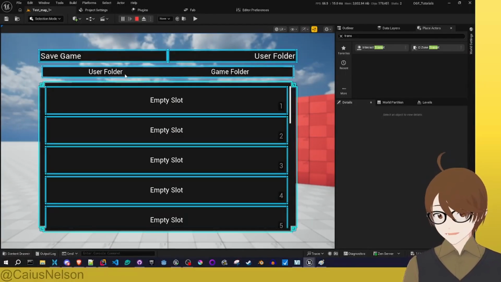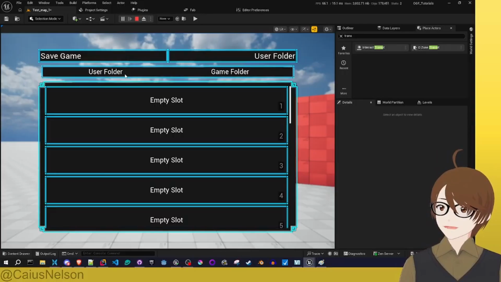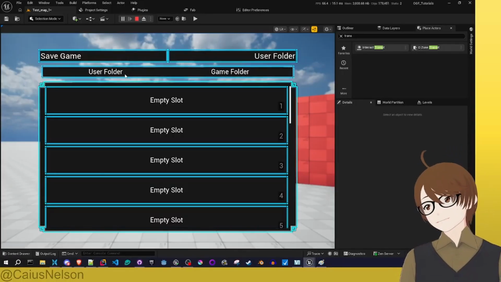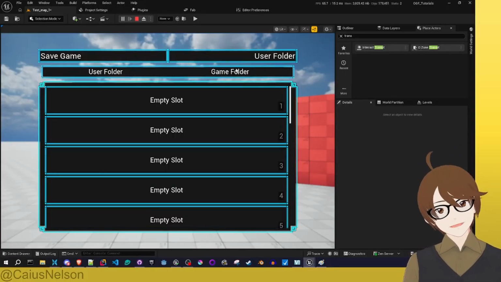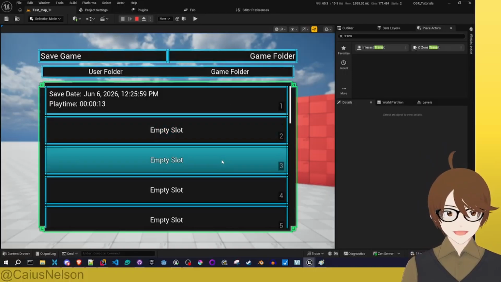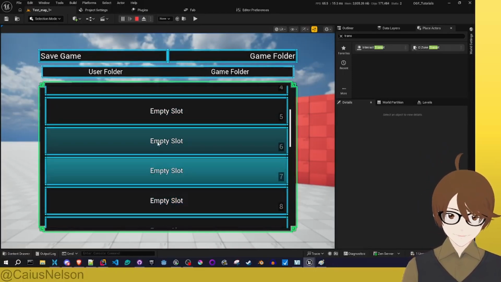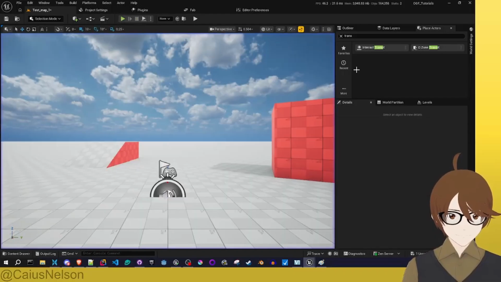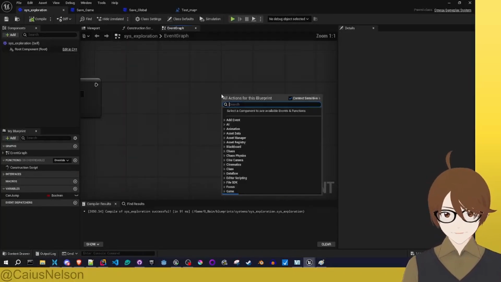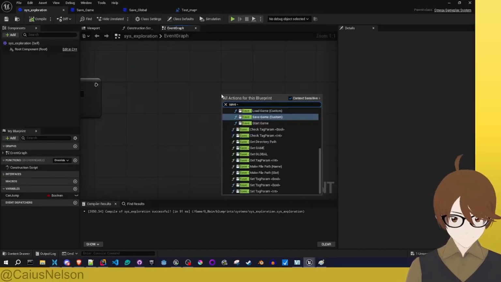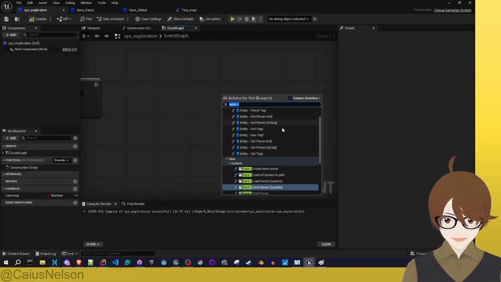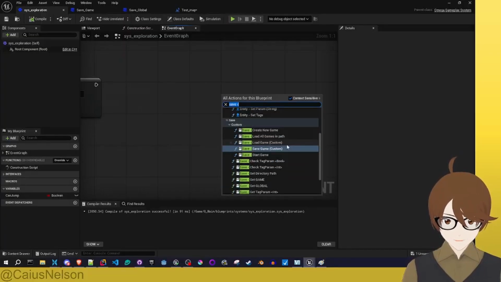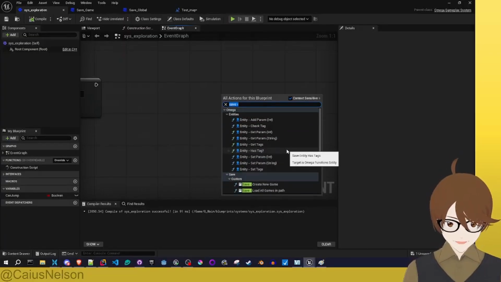Now the user folder lets you save directly to the user data, which is normally where save files in a packaged game go. But you can also save to the game folder. And this is just this specific implementation of it, but it's the same way where you can save to specific locations. So how do you do that? Well, if we just look up save, you have tons of different save functions here. But the main ones you want to worry about are, I think it's async